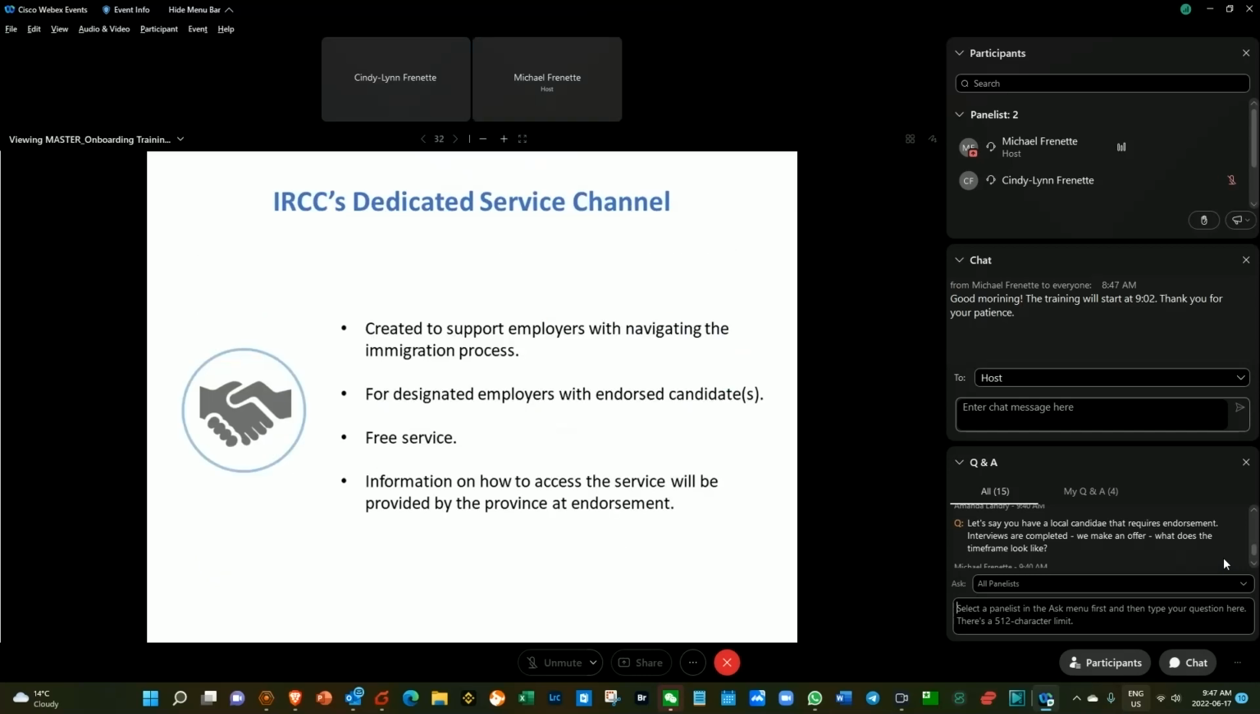So the IRCC dedicated service channel was created to support employers with navigating the immigration process. To be eligible, you must be a designated employer with at least one endorsed candidate. In other words, the provincial government has endorsed your job offer and your candidate is able to apply for permanent